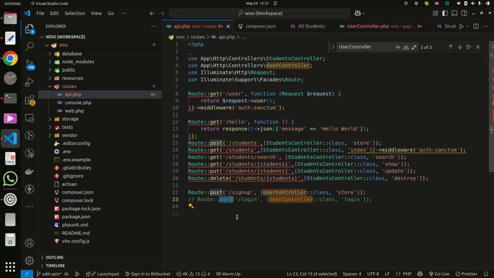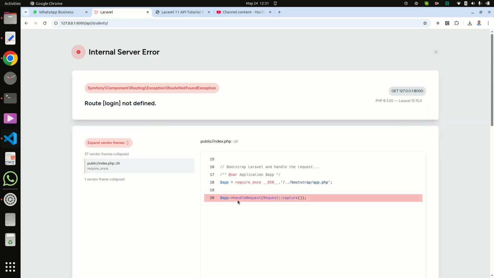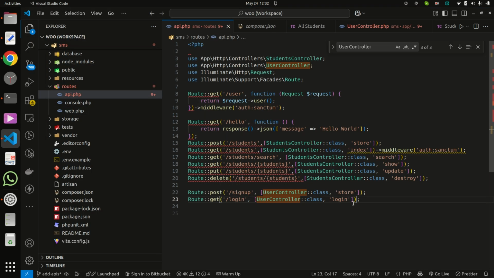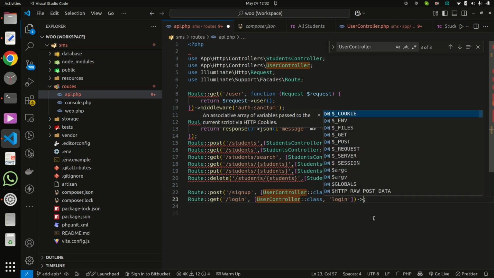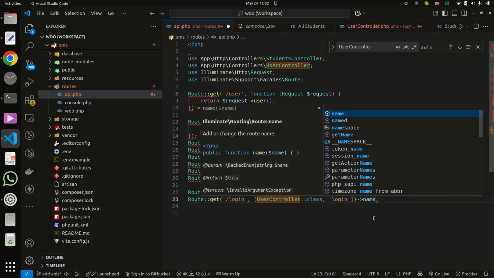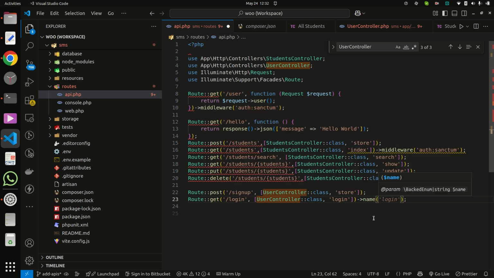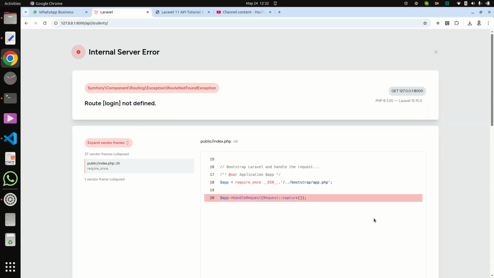So with the get method, a login route must be there, so I give it the name login.